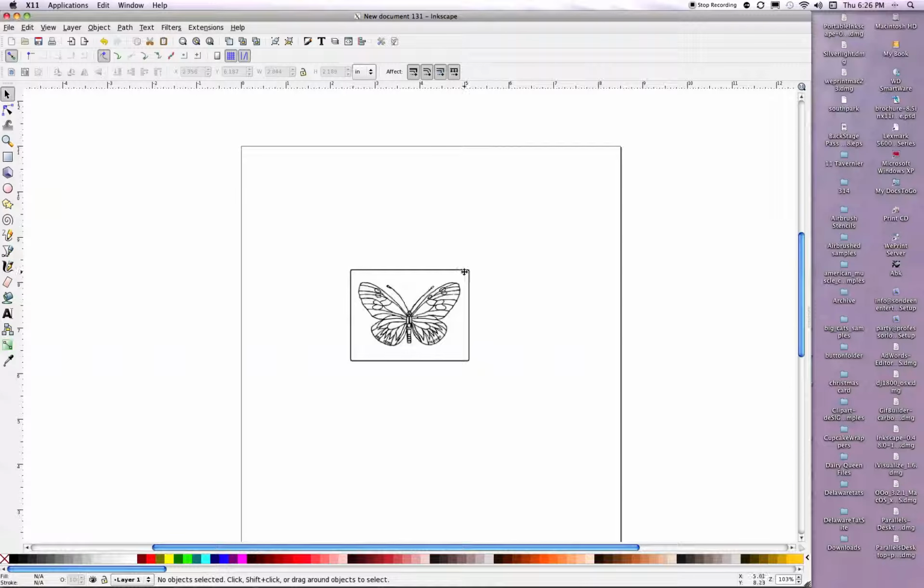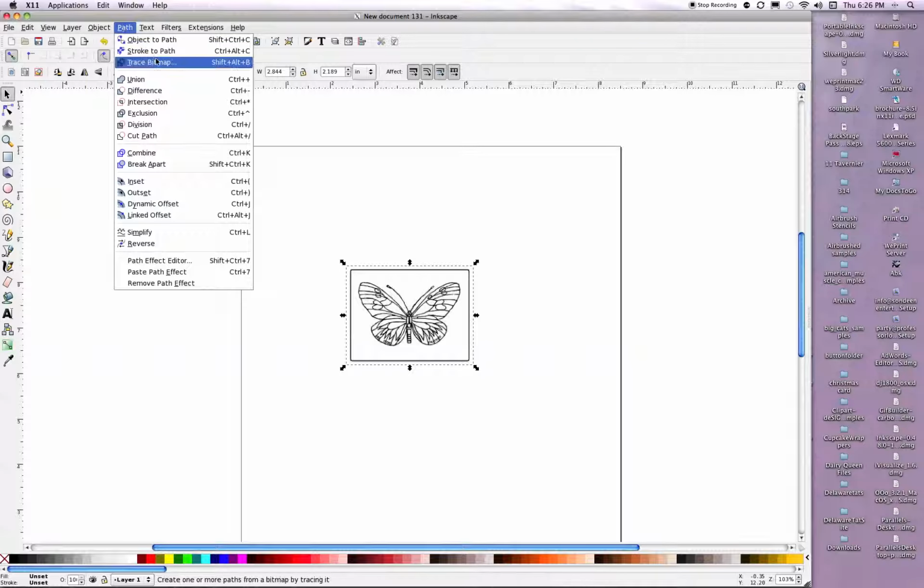Before we start, you'll notice that this particular JPEG has a black line already going around it. We'll delete that after we make the trace image. So select the image, you get a dotted line going around it and 8 arrows, and then you're going to go up. We need to create paths. We're going to go up to Path, Trace Bitmap,